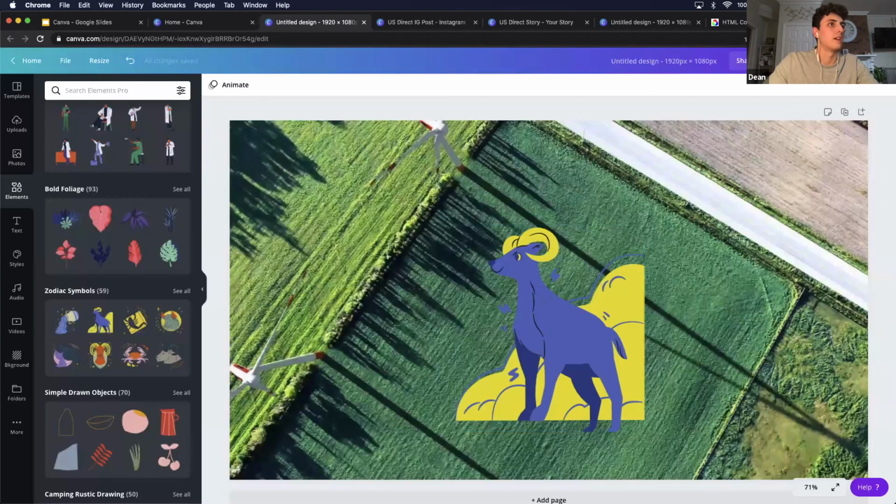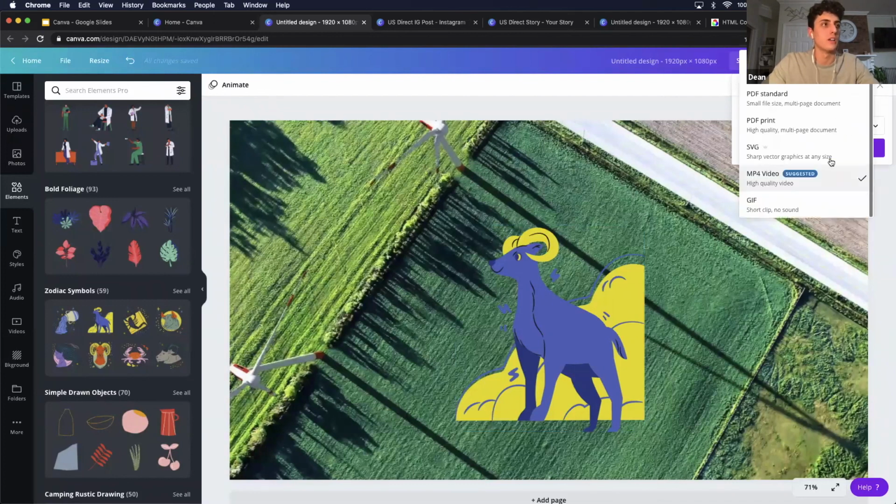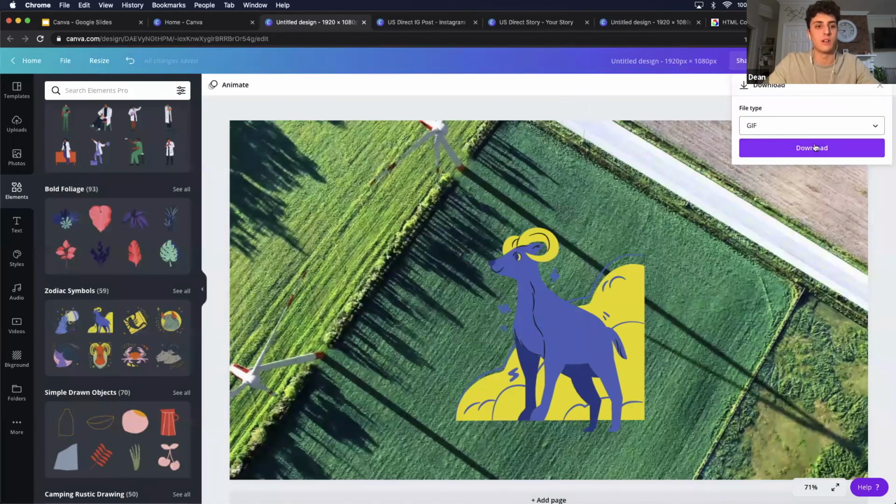So you can download it. So it's obviously a video with a little image, you know, your product, something along the lines of your brand. You switch the file from MP4 to GIF. So it's simply a GIF. You'd click that and you download it as a GIF.